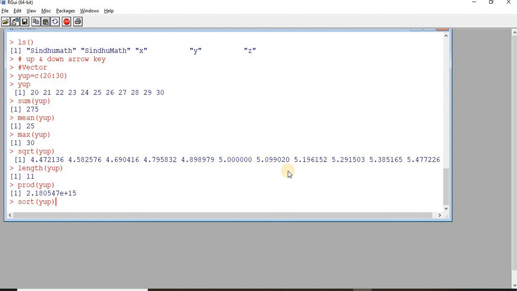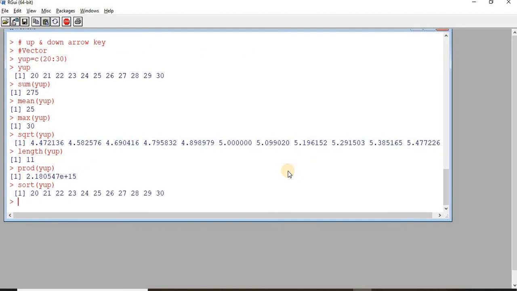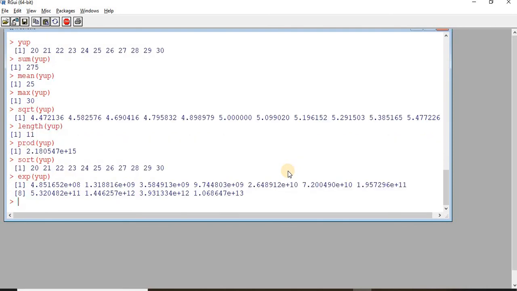It sorts all the elements present in the vector. Then finding the exponential value of the elements present in the vector. Now these are a few functions that can be applied on vectors.